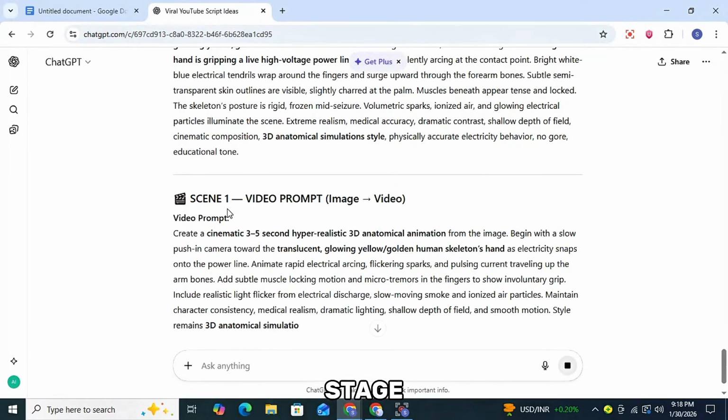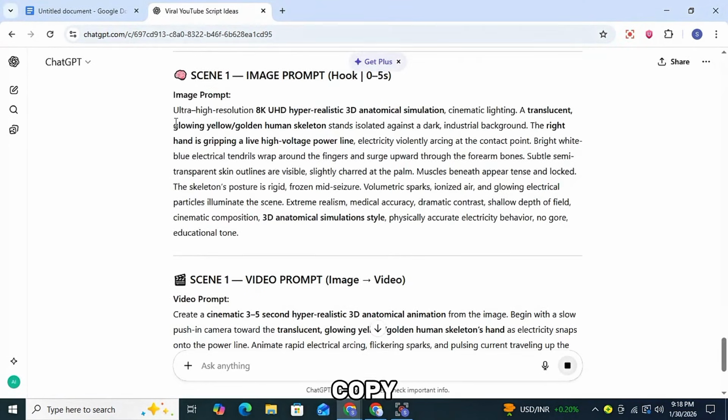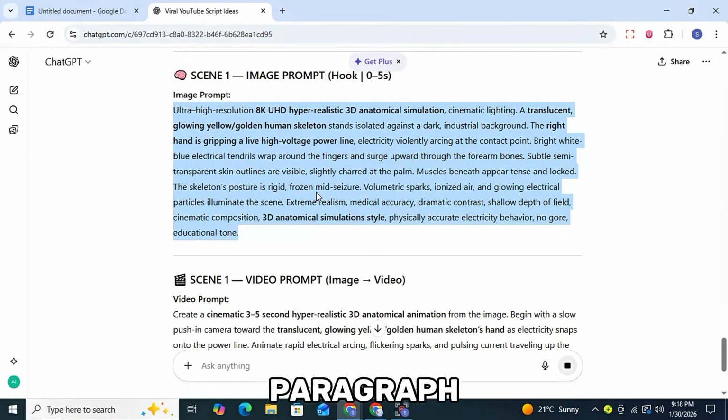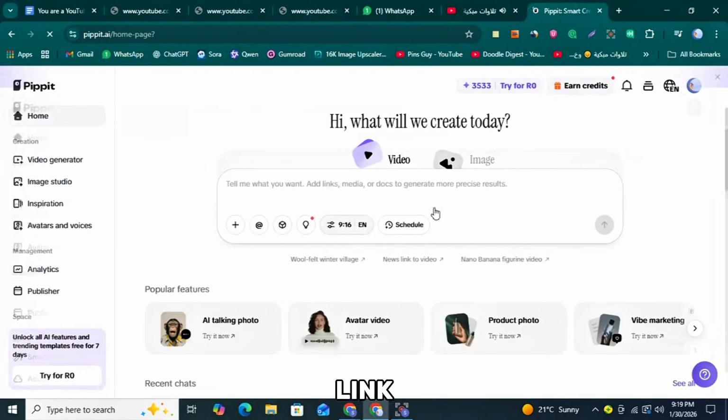At this stage, focus only on image creation. To generate an image, first copy the image prompt that was generated from the first paragraph of your script. For image generation, we will use a free website called Pipit.ai, and its link will be available in the description. If you sign up and log in using the link, you will receive free credits that allow you to create